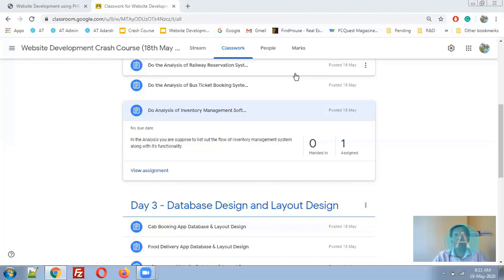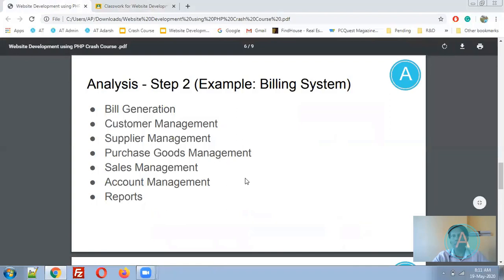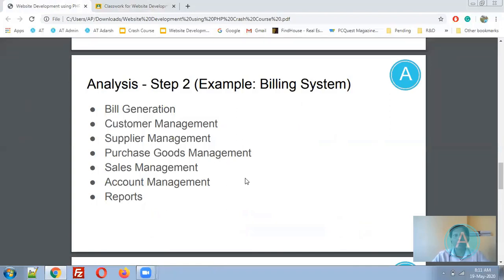You are supposed to find out all the possible functionality, something like that. I'm not giving you any hint right now. First you prepare yourself, then I will give you the hint on what modification is required. Just prepare your list using Notepad, then copy paste that list over here into the classroom, so that I can review it and give you the inputs.